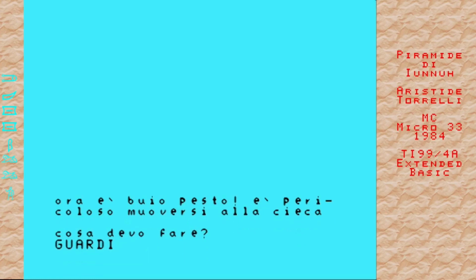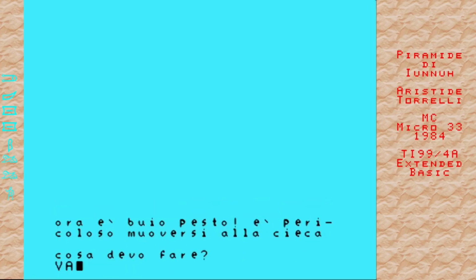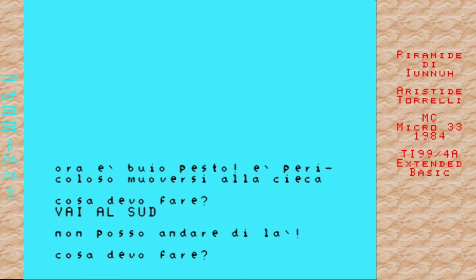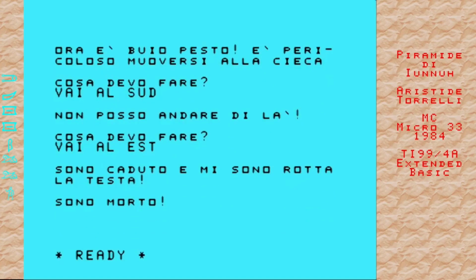It's pitch black, Buio Pesto, it's pitch black, and it's dangerous to move in the dark. One of the issues you'll also have with old school computers is fixed width fonts, so you have to be very careful about where the line splits are, hence the dash. So I'm now trying to move around the dark, and I'm trying to find where the exits are. Of course, it's dark, so I can't really do that. And light puzzles are an important part of the game.